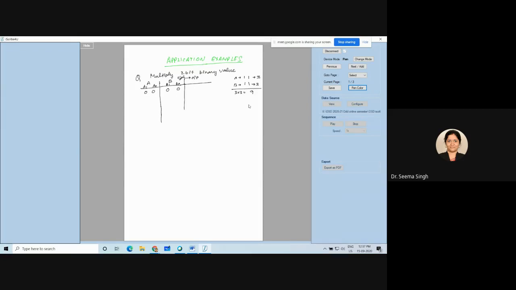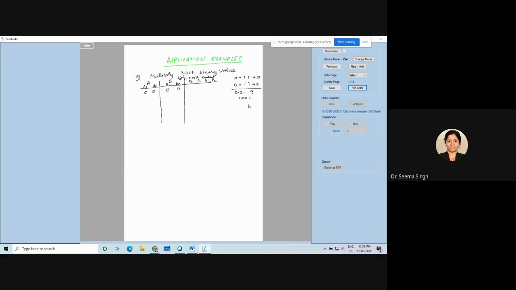And what is this 9? 9 is written as 1001. So that means if you are making this circuit in a complete fashion, you should have an output which is capable of taking care of these 4 bits. The product should be capable of taking these 4 bits. So I will have P0, P1, P2, P3. Are you getting what I am saying, all of you? You have to analyze the problem carefully, right?